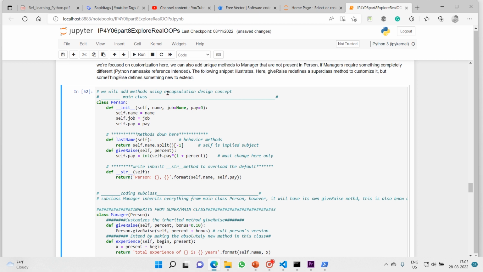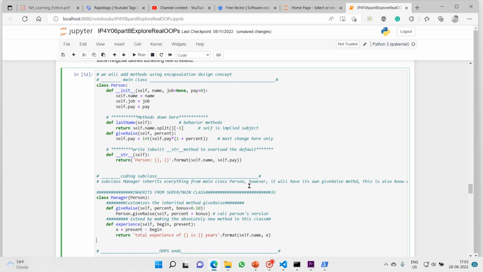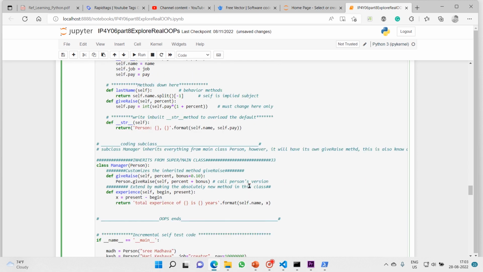We will add methods using the encapsulation design concept. So thus far it remains the same. We have added a subclass. Here we will look. The manager class will inherit from the person class. This is called inheritance from the super or main class.